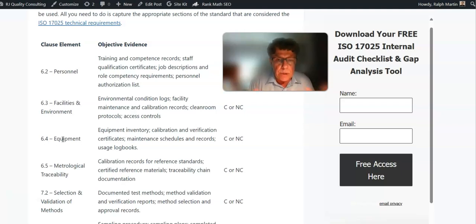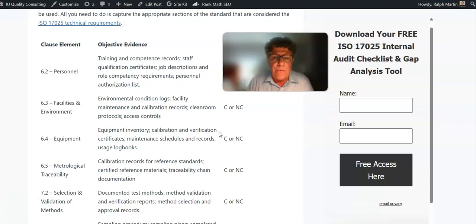That would be part of this checklist. You find that, oops, there was no label on the balance. Okay, NC, right? And then you would write which balance had an NC,